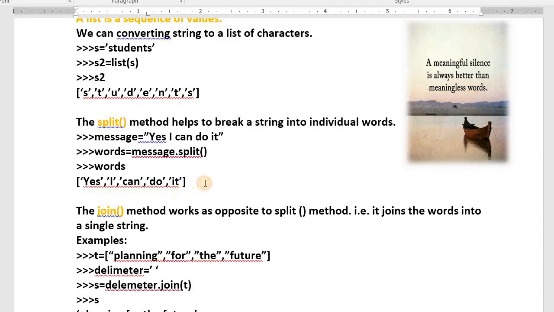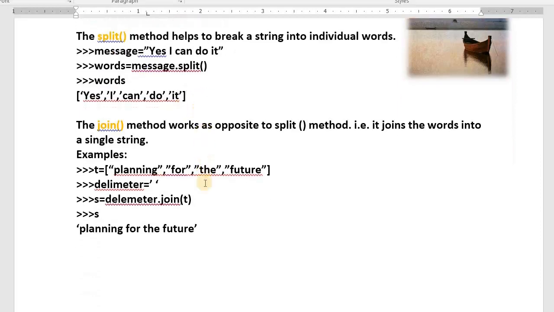I hope you understood. Join method. It is the opposite of split. Now we have a separate list. I want to make it a string. Planning, for, the, future. This is not a sentence; these are separate words. I want to join them with one delimiter, a space. Then I use the join method. The join method works opposite to the split method.